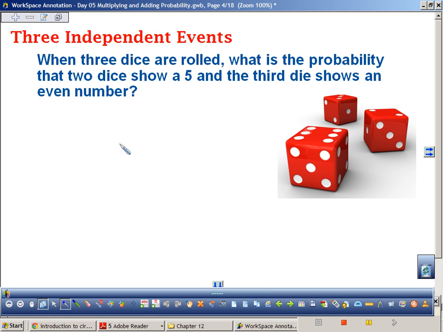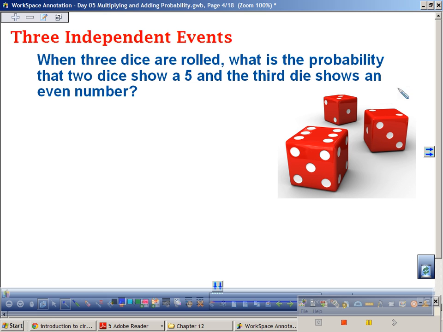Okay, 3 independent events. When 3 dice are rolled, what is the probability? First of all, how many sides are on a die? There are 6 sides. You've got a 1, a 2, a 3, a 4, a 5, and a 6. All right, when 3 dice are rolled, what is the probability that 2 dice